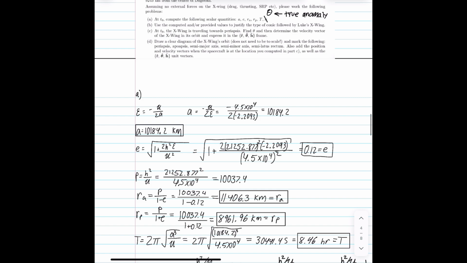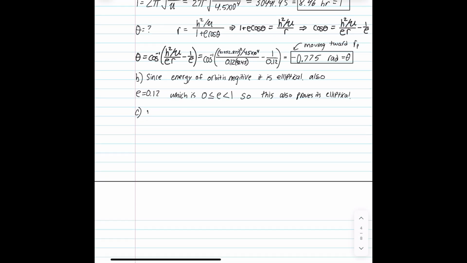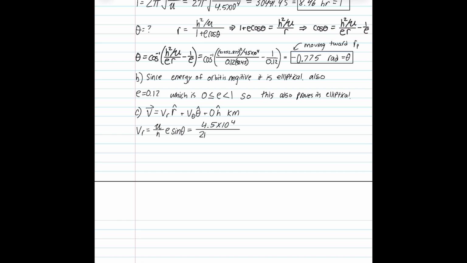Okay, so at part C, we find theta, which we already did, and then determine the velocity vector in its orbit and express it in the r theta h frame. So we know that the velocity in the r theta h frame is in r theta h, so we can assume that it is a planar orbit and it stays in the equatorial plane, so the h component is 0, and then the v_r equation is this,